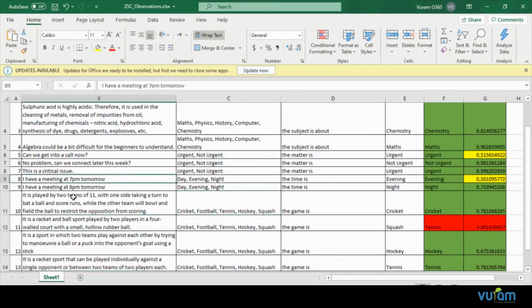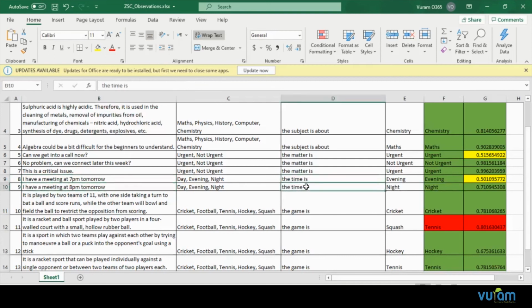And in this particular case, "I have a meeting at 7 p.m. tomorrow" is considered as evening, where 7 p.m. is considered as late evening, whereas 8 p.m. with the same words at the front and back is considered as night. So the model is capable of predicting precise information based on the context and the hypothesis given.